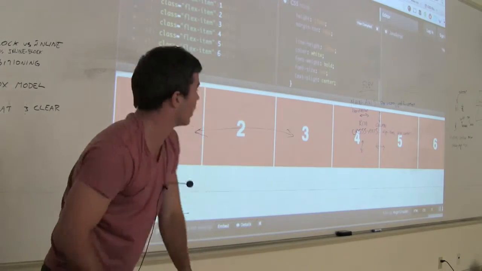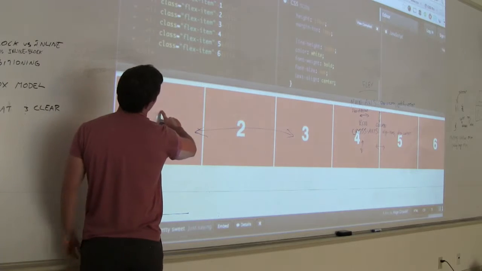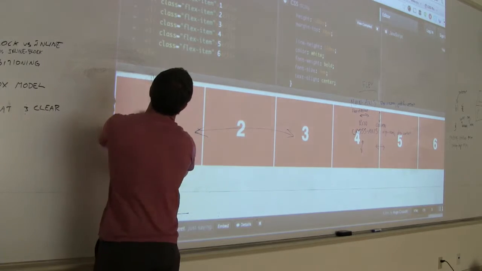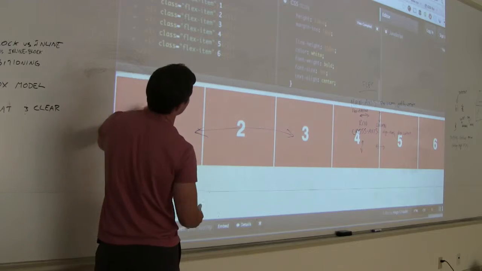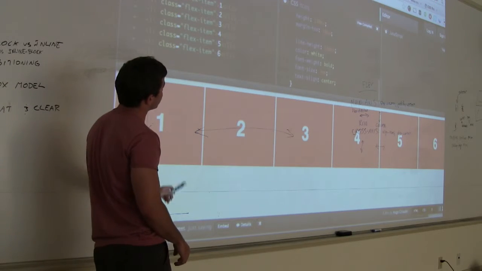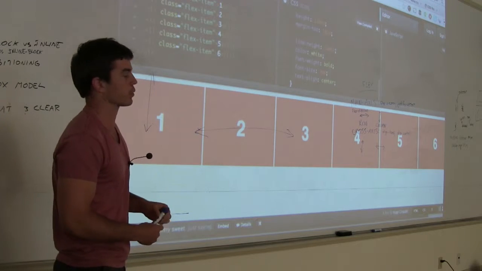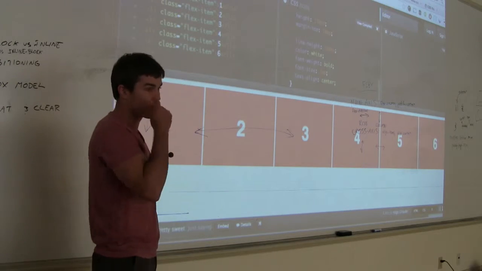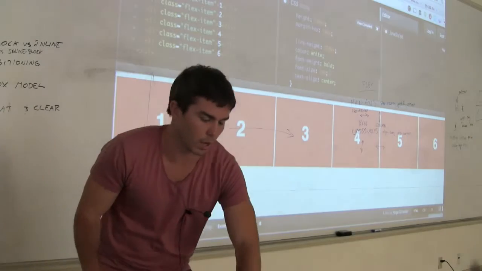That line height of 150 pixels is just for this font size, really, to push it up more. That's where the padding comes in as well. Color for the font is white, font weight bold, font size 3em, which is just a relative font size, and text align center. All that makes sense, okay? So